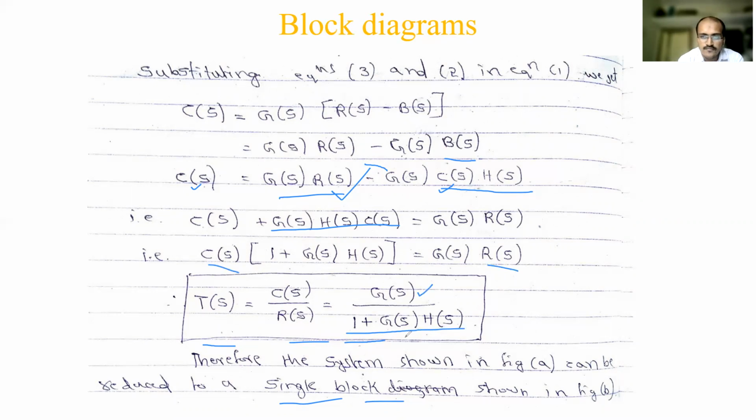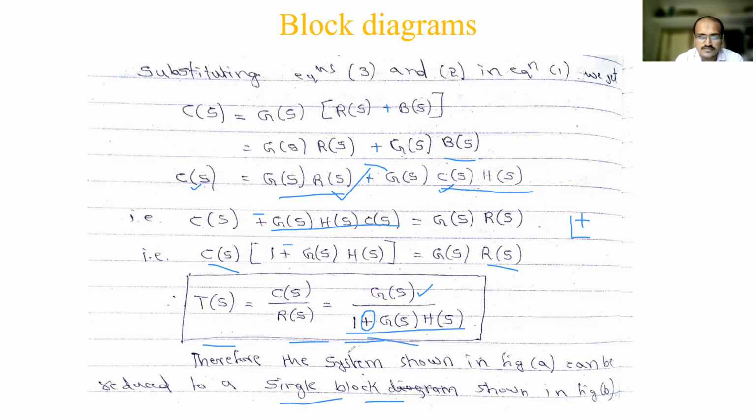How do you say negative? Because here plus has come, right? In case you have in the block diagram the feedback signal B of S going plus there, a positive feedback system, then your equation will be E of S equals R of S plus B of S, everything is going to come plus. So this is going to be plus, then you have to take C of S to that side, here it will come minus, and when you take the ratio also it will come minus. Understood? It will come a little bit opposite.